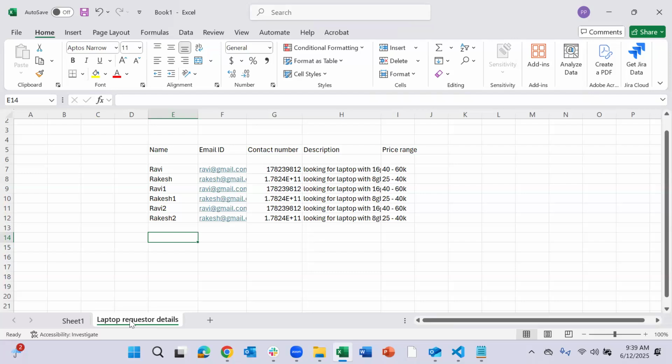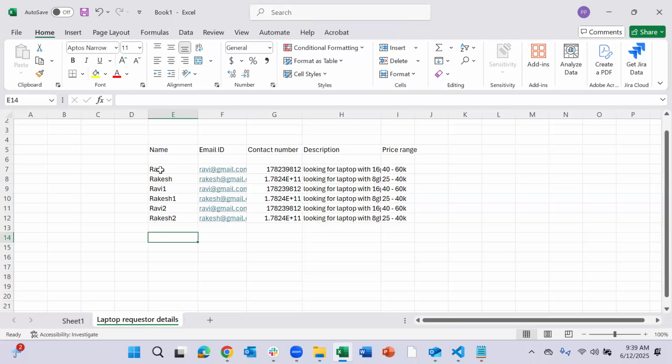Here you have different fields in the form, right? Those fields are nothing but the columns in a database. So you have a name column, an email ID column, a contact number column, a description column, and a price range column.